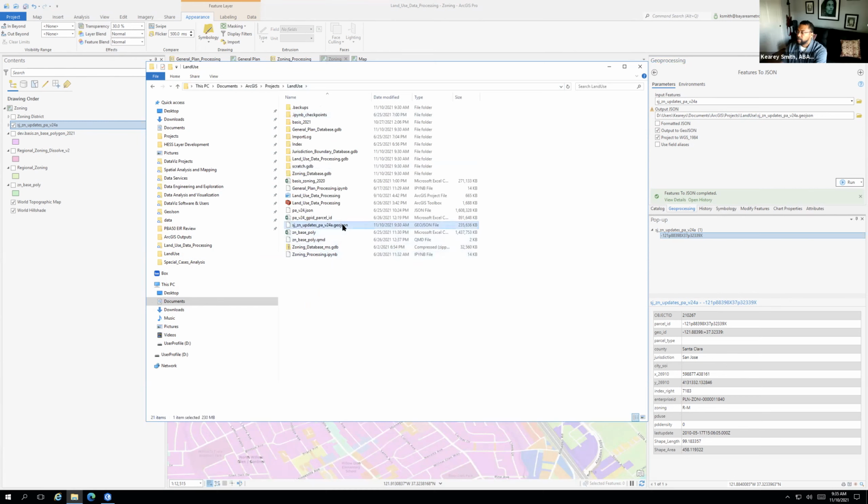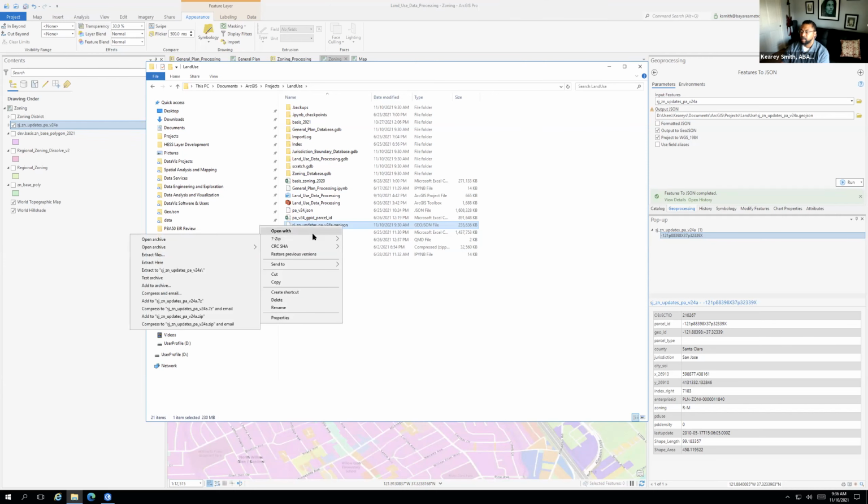And there's the file right there. So this is a pretty large file. It's 235 megabytes. I don't think anyone's going to have a file that's this large. This is San Jose's parcel. So I would expect most of us to have much smaller files. But in terms of opening this up, copying and pasting the text out,